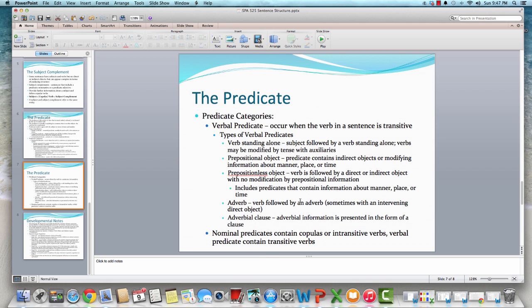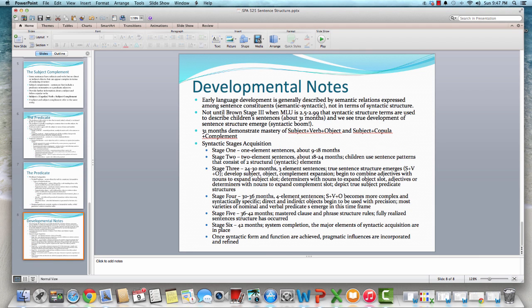I will go when I am ready. When I am ready being the clause. So nominal predicates contain copulas or intransitive verbs, and then verbal predicates contain transitive verbs. So what are our developmental notes about sentence structure? Early language development is generally described by semantic relations expressed among sentence constituents,